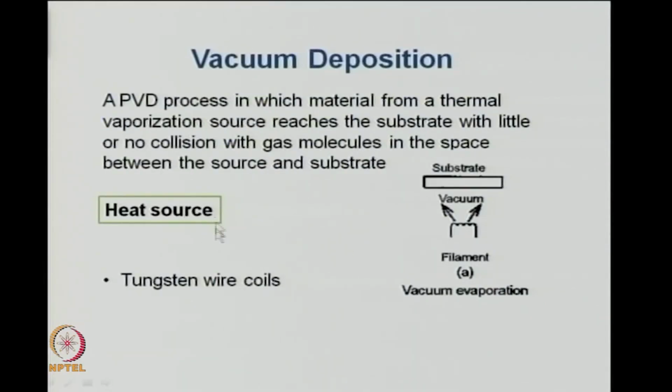Normally, the heat source that you use here for heating the compounds which would be evaporated is tungsten wire coils as the filament during the vacuum evaporation. So, this is a very simple technique. It is an evaporation technique, you can call it, or a vacuum deposition technique, where you are using tungsten wire